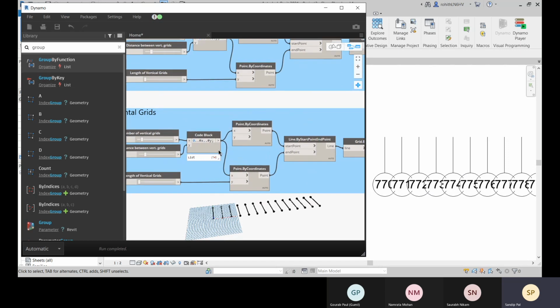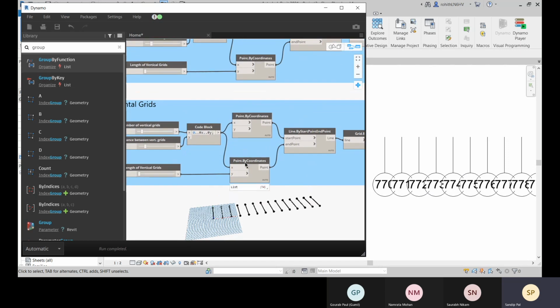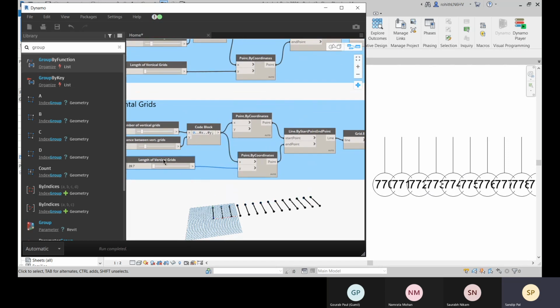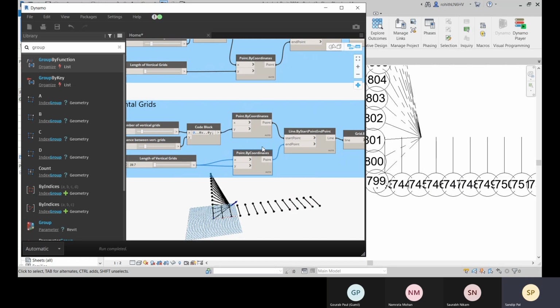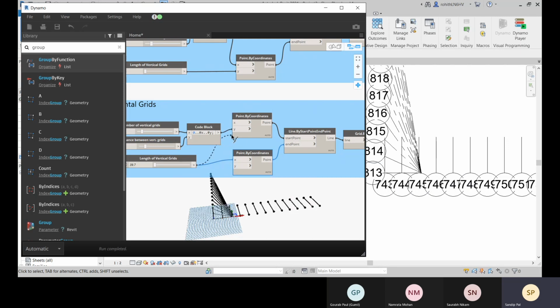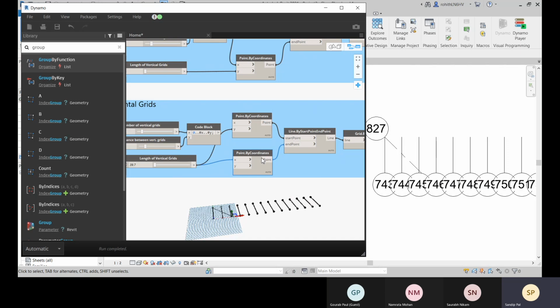Okay, now for this horizontal grid, this one will be connected to this. Just a minute. And this will be connected to Y, and this will be connected to Y as well.